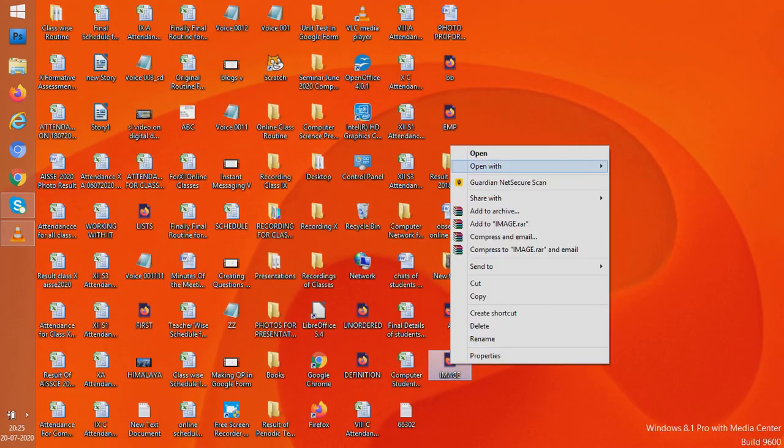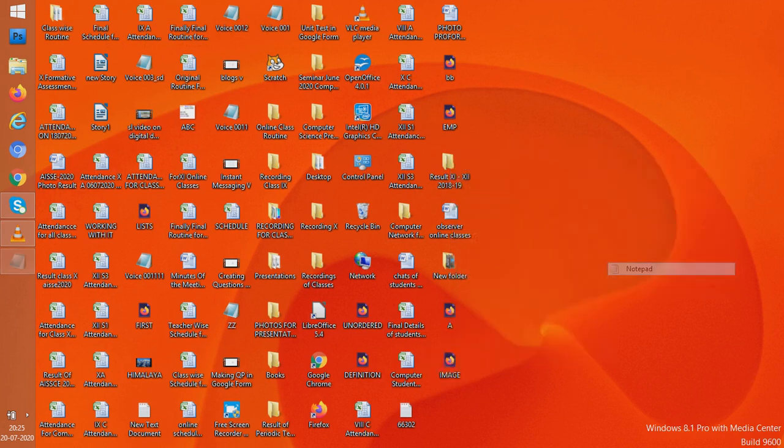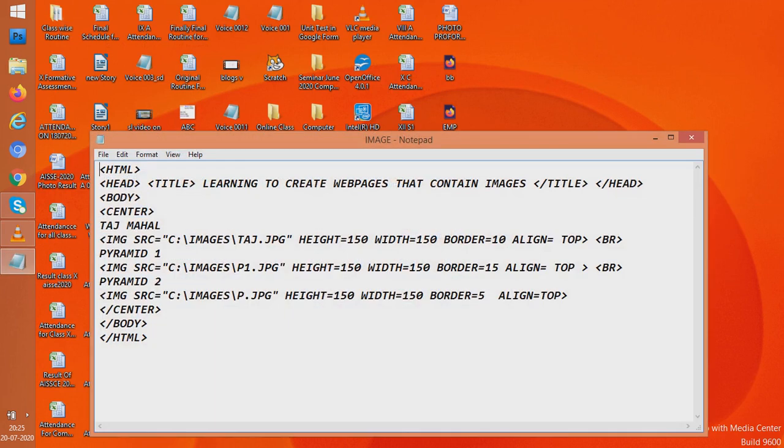We do one thing. We go to Notepad and suppose we give the wrong image file name. Say I give tajmahal.jpg. Maybe I forgot what actually the name of the Taj Mahal image was and by mistake gave the name tajmahal.jpg, but you all know that it is not the name.